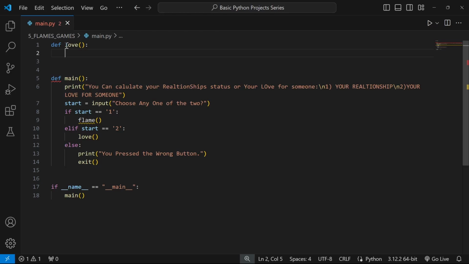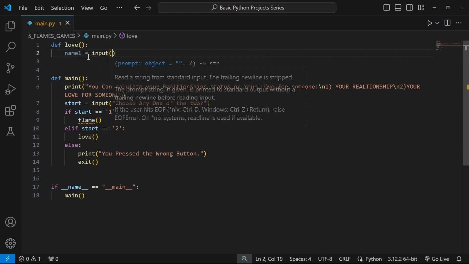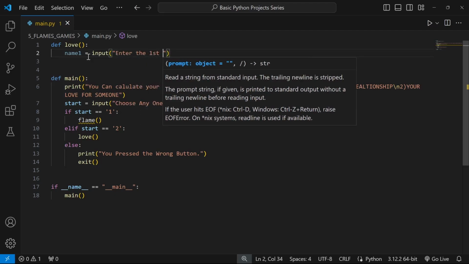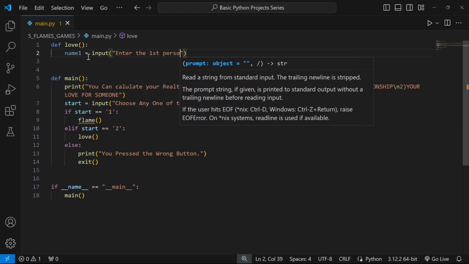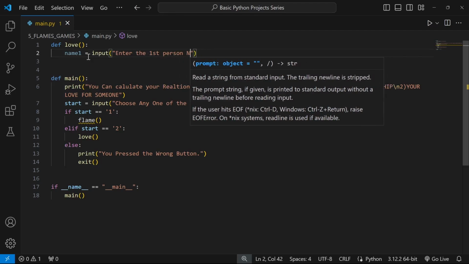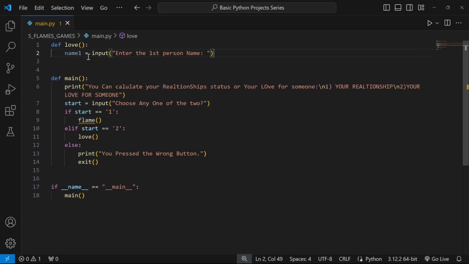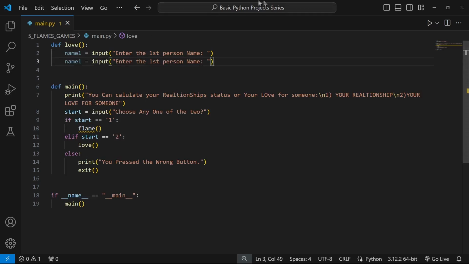So here first we will ask for the input from the user, that is the name. Let us do it. So name1 is equal to input, enter the first person name. Similarly, we'll copy the line down by the keyboard shortcut shift alt down arrow key. We'll change here. Variable name cannot be same. So name2 is equal to